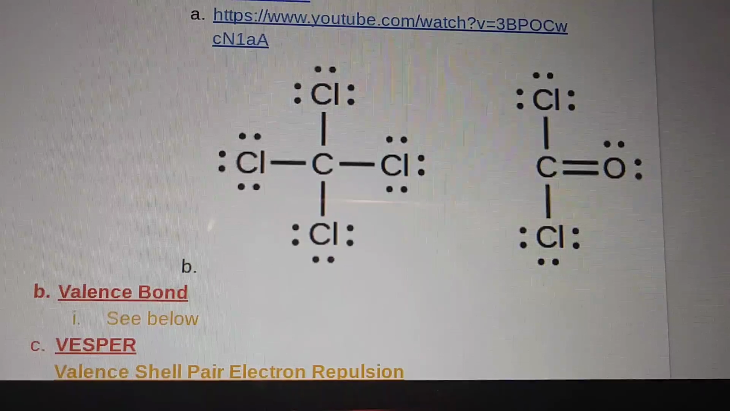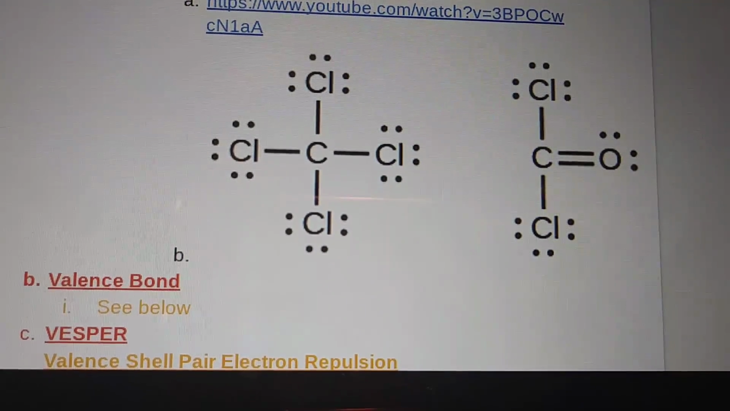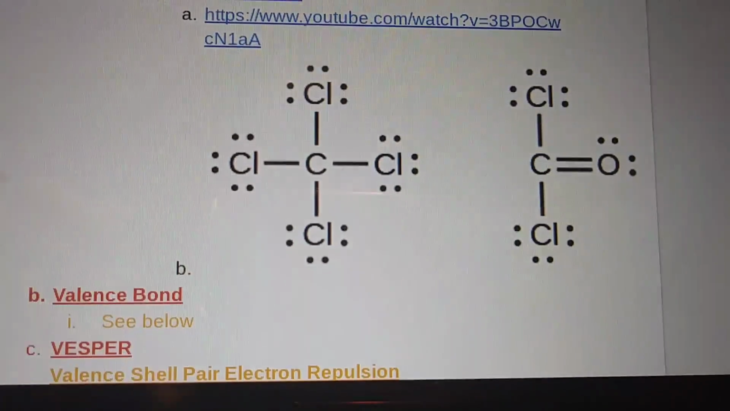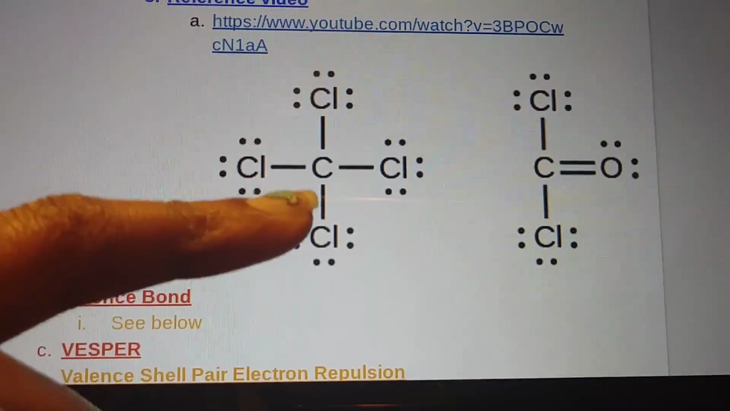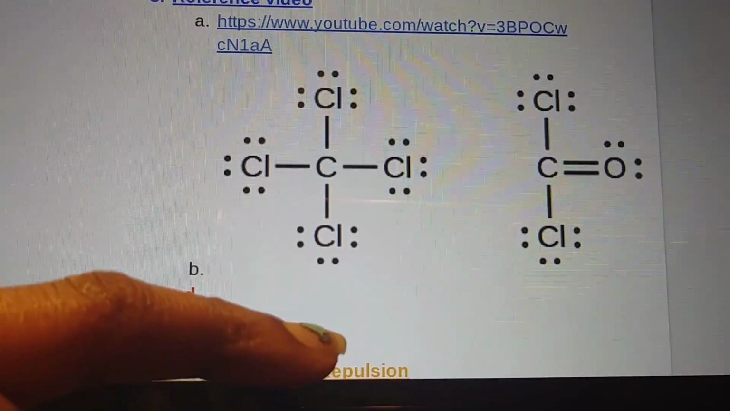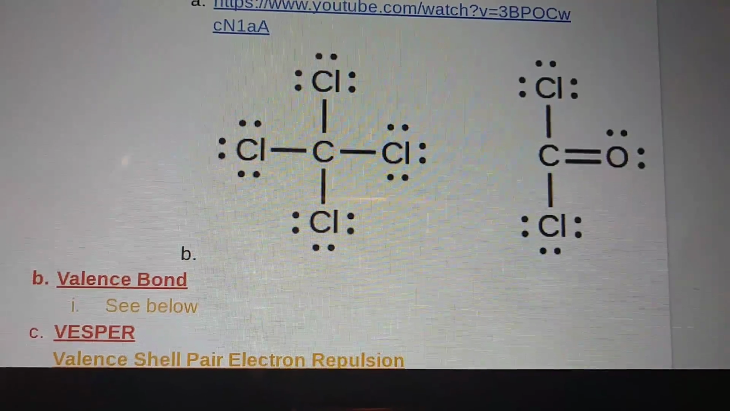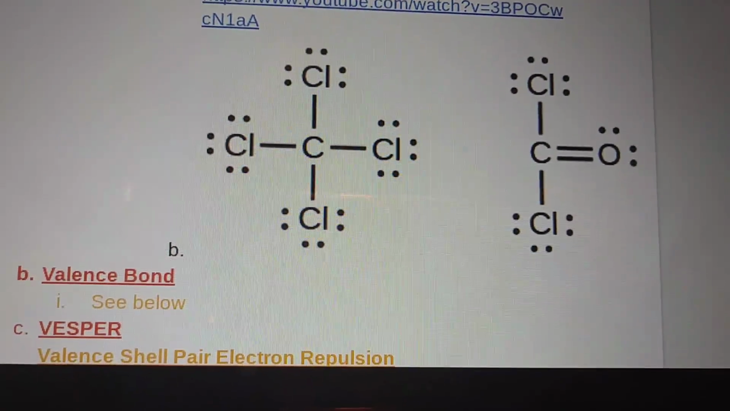This one is pretty simple because each chlorine just needs 8 electrons. So 1, 2, 3, 4, 5, 6, and then the single bond counts as 2 electrons. So each atom fills out the octet rule. There's no lone pairs. There's no extra molecule added. However,